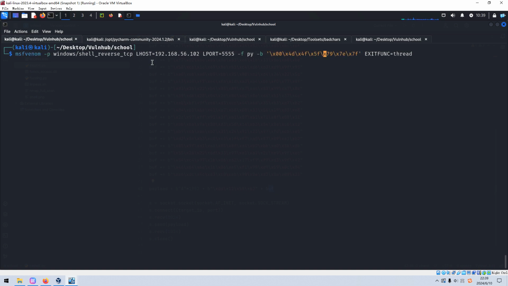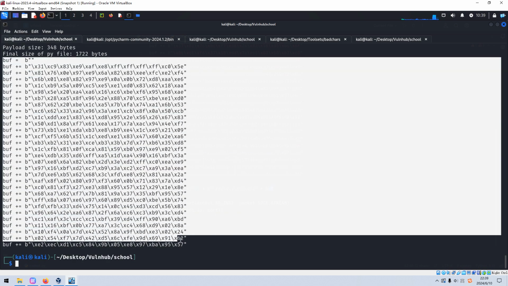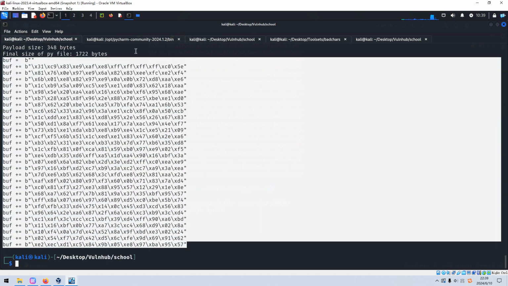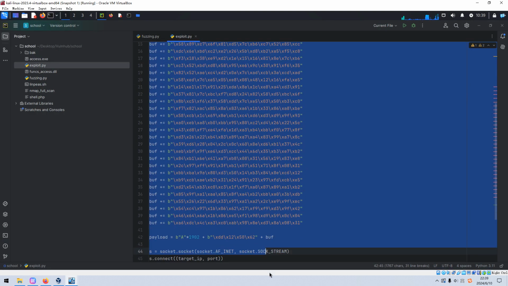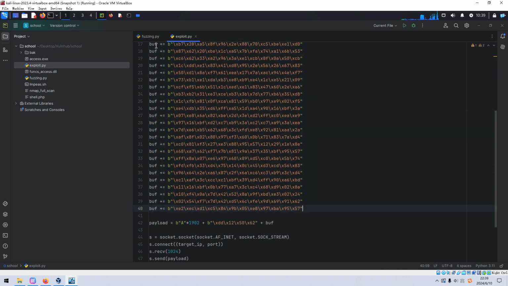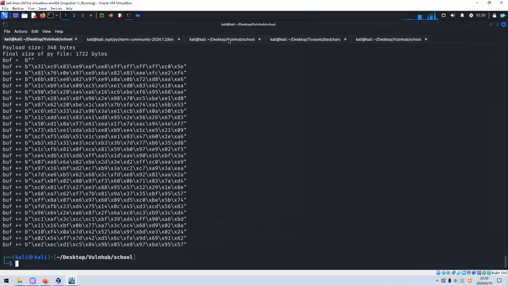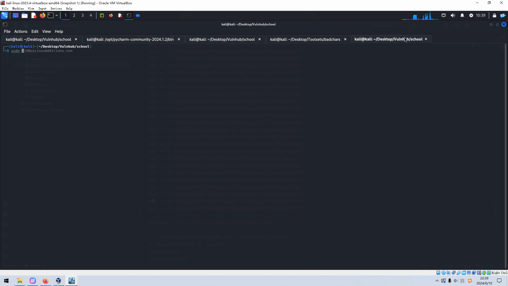We need to use a different port number because this port number is occupied already, 66. Sorry about that. And we can copy this shellcode again, and then we can replace this section.